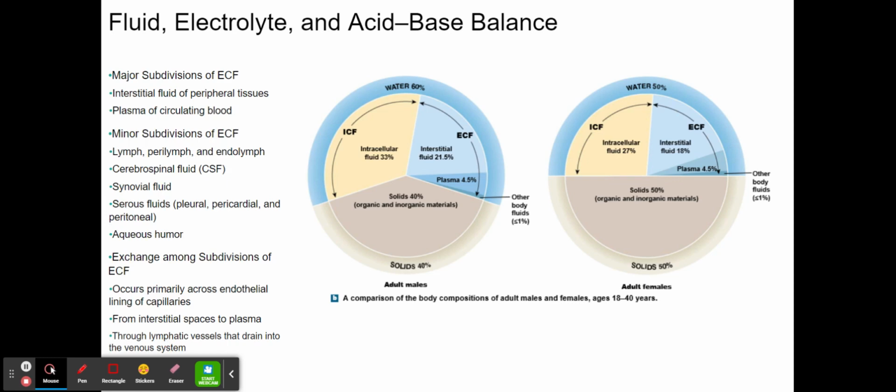Much of the information in this module should be familiar to you from discussions in earlier modules and from A&P 1 about the aspects of fluid, electrolyte, or acid-base balance that affect specific systems. In this particular module, we'll provide an overview that integrates those discussions to highlight important functional patterns. This module has a wide-ranging clinical importance, so steps to restore normal fluid, electrolyte, and acid-base balances must be a